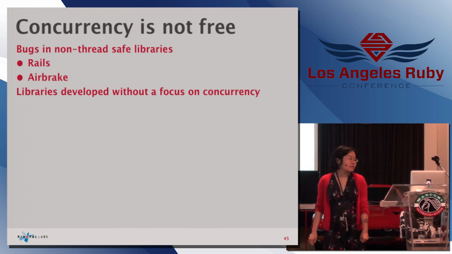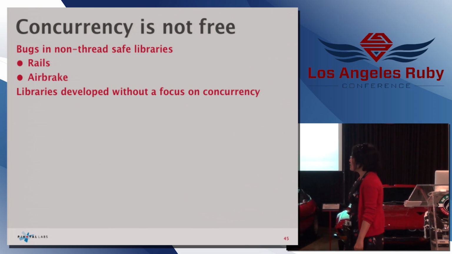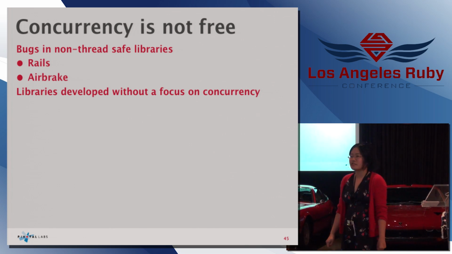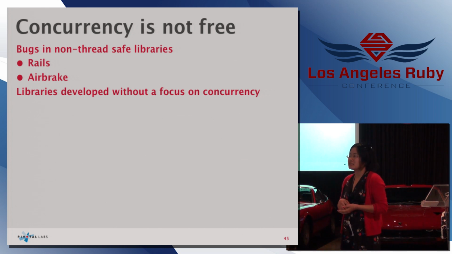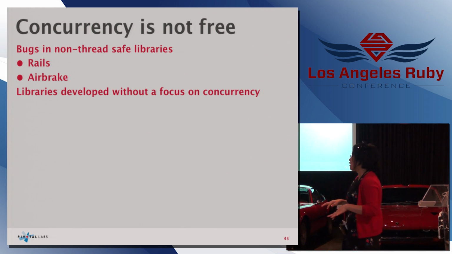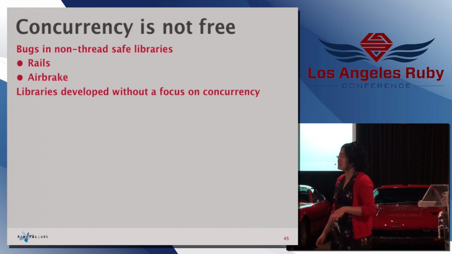So one point I want to make about this is that concurrency is not free. So what do I mean by concurrency is not free? Well, running a program in multi-threaded mode isn't that easy. Even up to now, there's still bugs in non-thread safe libraries. I did a quick search on GitHub, and there have been bugs reported in Rails and Airbrake recently. The severity of these bugs may be varying,